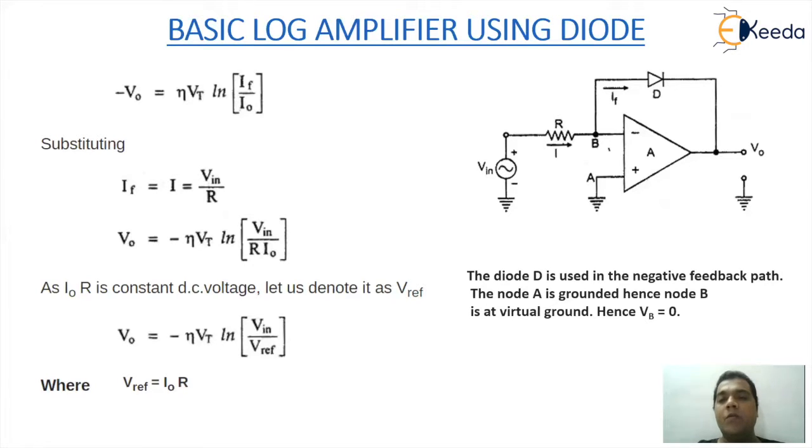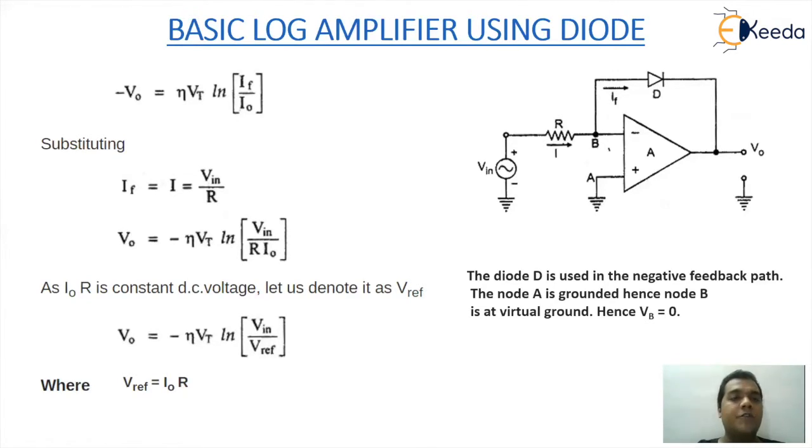Also, when you see the B node being as good as zero potential, we can define the current I as V in by R, and that I is going to be as good as the forward bias current of the diode, because the current taken by the op-amp is going to be as good as zero because of very high input resistance. So when you look at the current I given by the input source V in flowing through R, that I will be equal to IF, because we are considering the internal resistance of the op-amp very high and the current taken by the op-amp as good as zero. Using that logic, we end up at the equation IF is equal to V in by R.